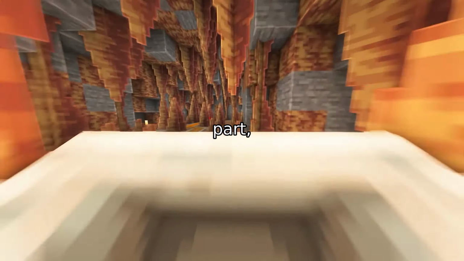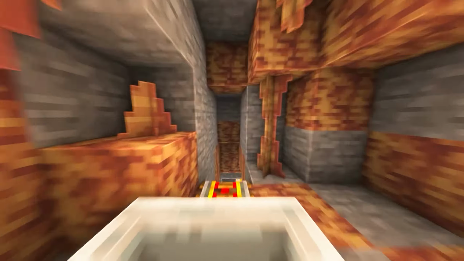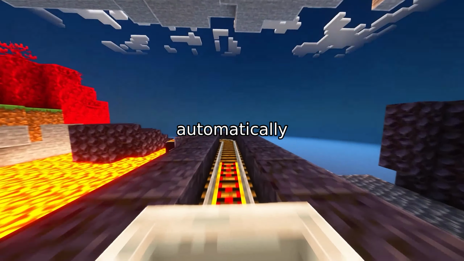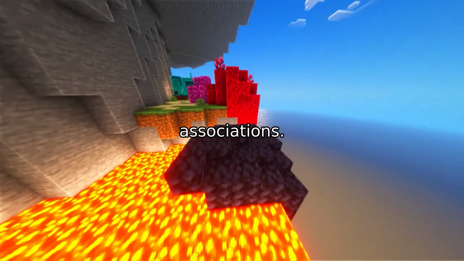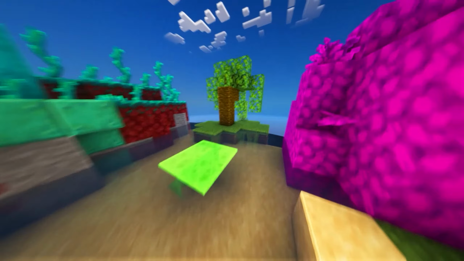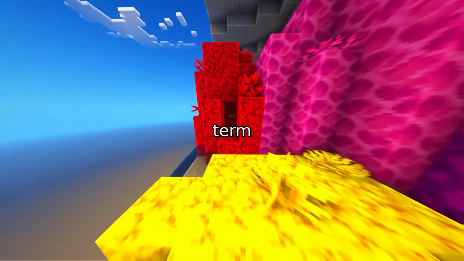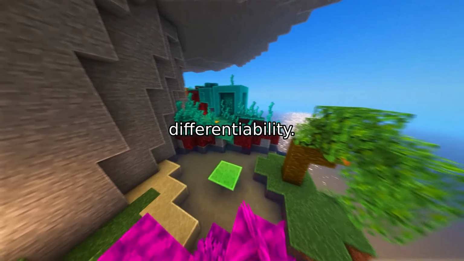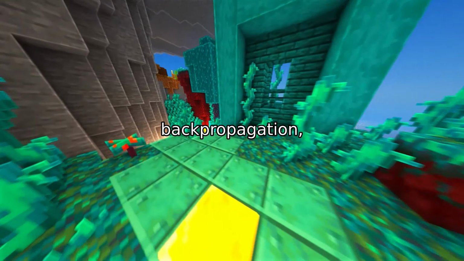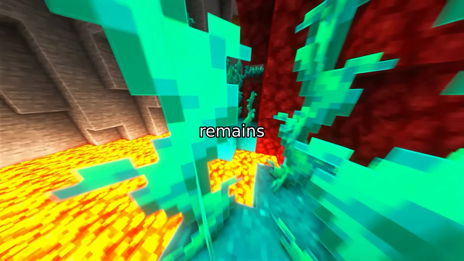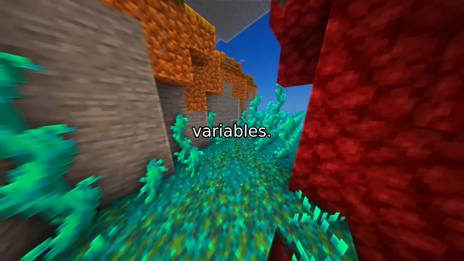But here's the smart part. It adapts to detection quality. If your detector is struggling, with high false positives or false negatives, the loss automatically reduces its confidence in those associations. It's like saying, I'm not sure about this detection, so I won't trust the link. This is achieved through a smooth exponential term that scales the loss based on current detection performance, without breaking differentiability. Because during backpropagation, FP and FN counts are treated as constants, stop gradient. So the loss remains fully differentiable with respect to the flow variables.